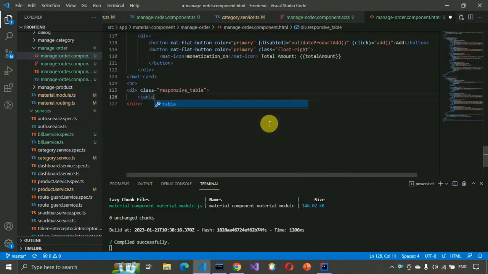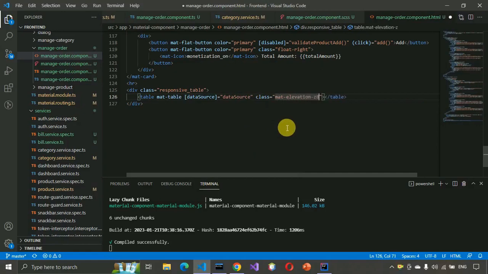Here we have to write table, here we have to write main table, and data source, and here we have to write data source, and here we have to write class mat patient, yes, edit, and after that we have to write ng container and mat column def name